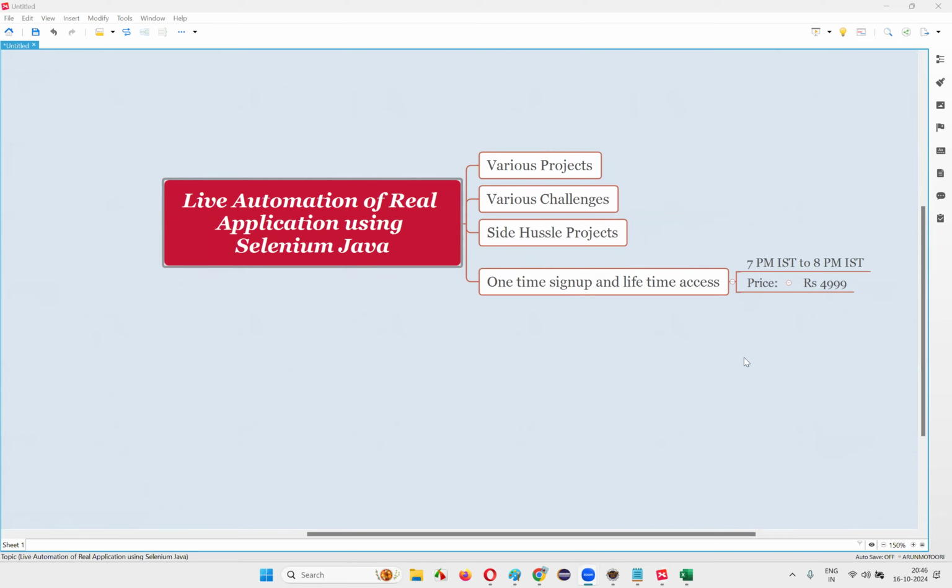Yeah, we'll take different applications like Orange HRM, Tutorials Ninja, and all. But to get people to understand the things, we'll use one application first. After that, we'll move to whatever we want. We'll keep automating something, because there is no end for this training program. It's one time sign up like a university, you have to join that. And if you guys are also interested in doing some side projects while this is going on, if you want to automate some other thing, we can do that together.